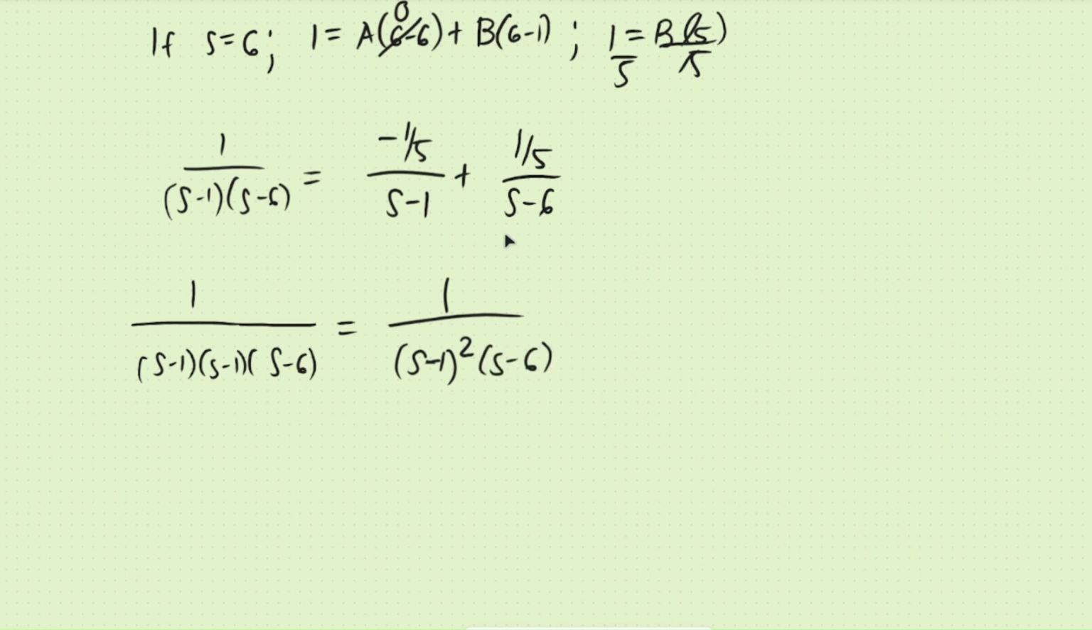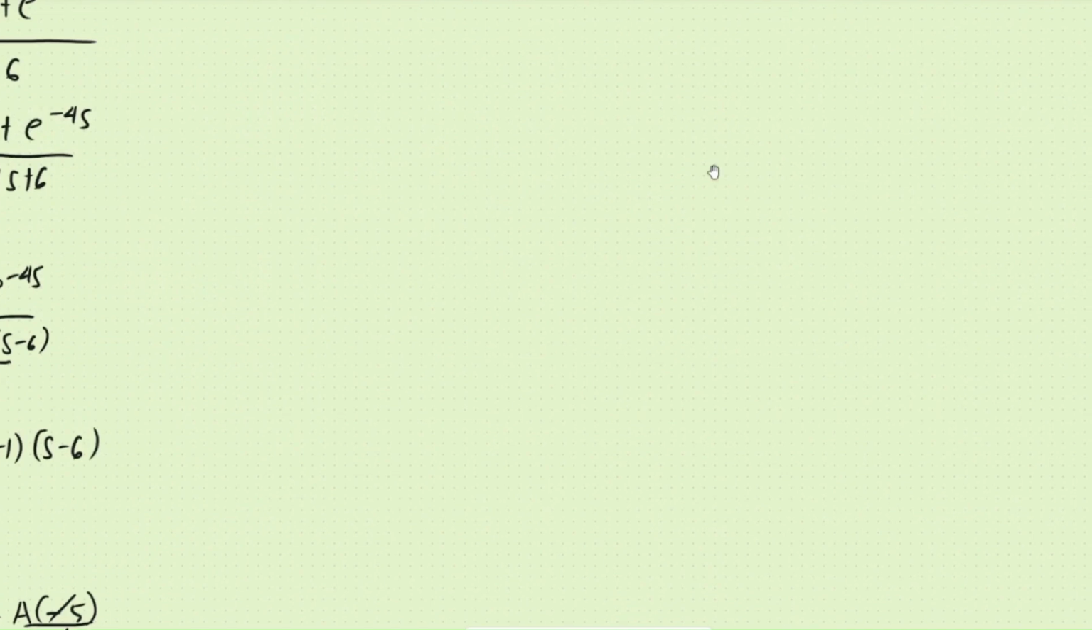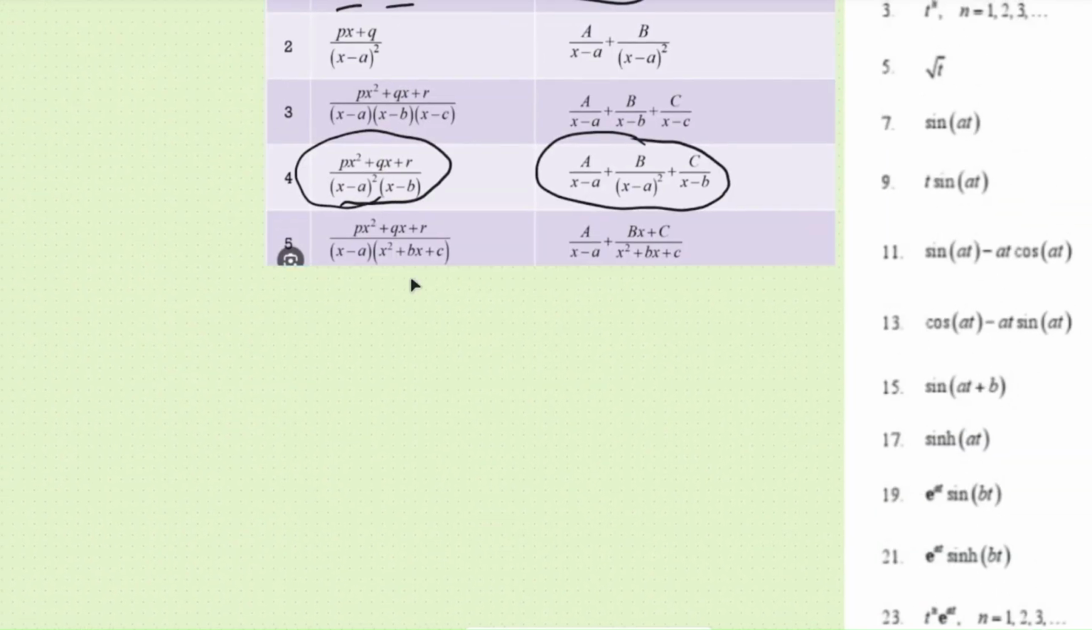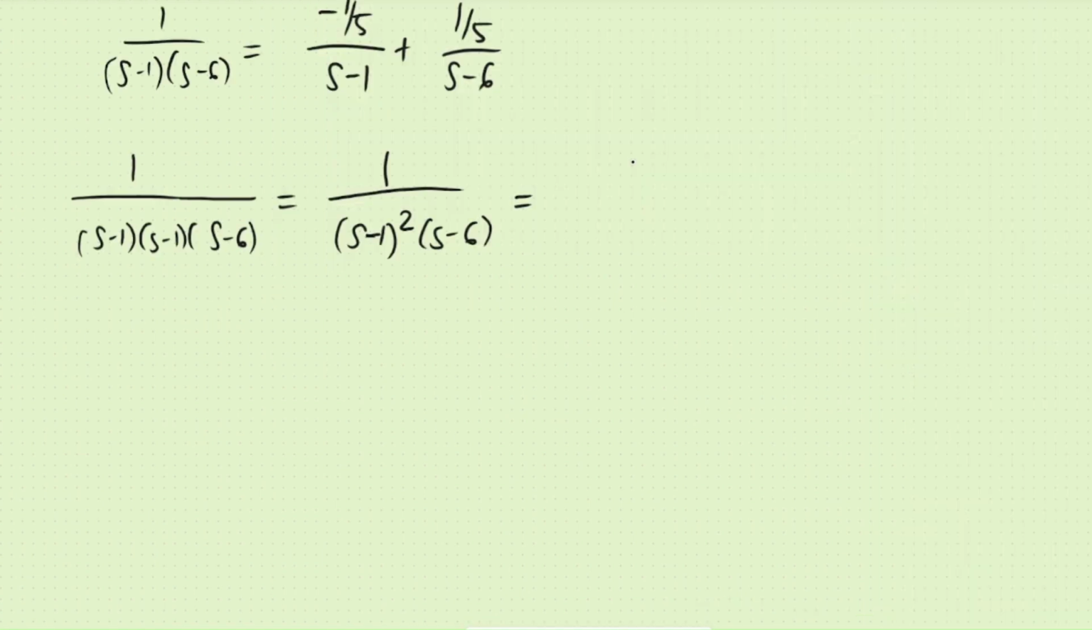And this is like this form. This one here is like this form. This one here, s minus 1 squared times s minus 6. So I'll use this one. First term, we have s minus 1, right? And second term, we have s minus 1 raised to 2. And third term, we have s minus 6. So let's have a over s minus 1 plus b over s minus 1 raised to 2 plus c over